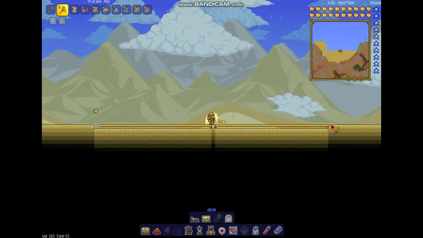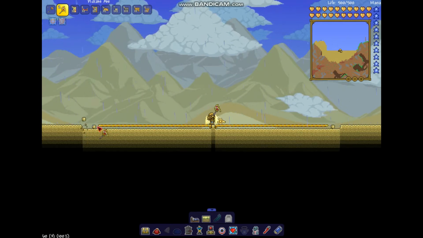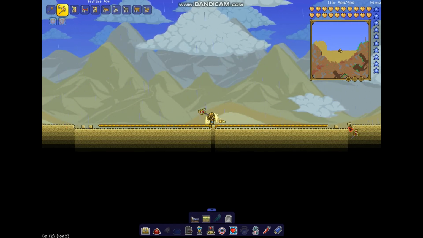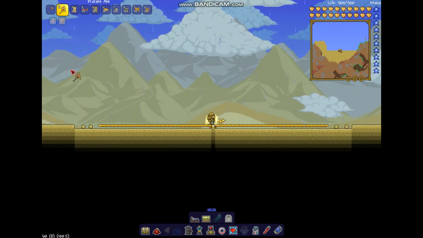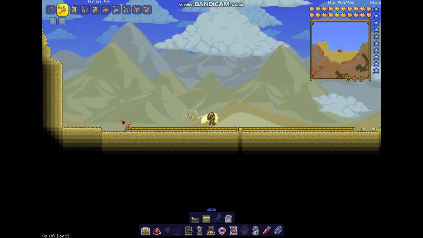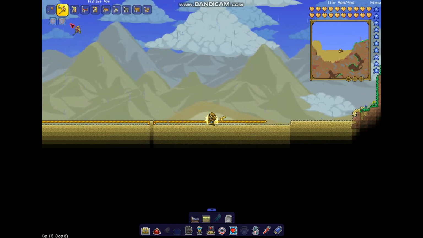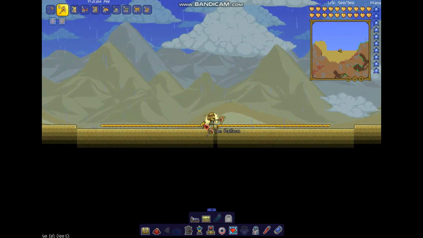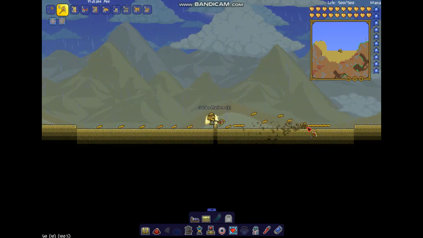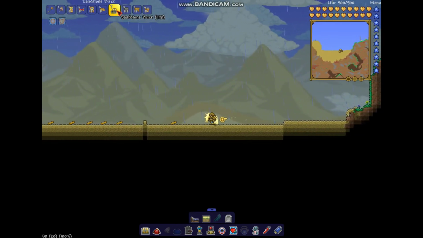So 30, 31, 32, 33, 34, 35 on each side. Okay, so that should mean that this thing is 71 blocks wide. I say 71 because I'm counting the block in the center here. So now that we know that this is even, we're going to mine out all of these golden platforms, and we are going to fill this area up